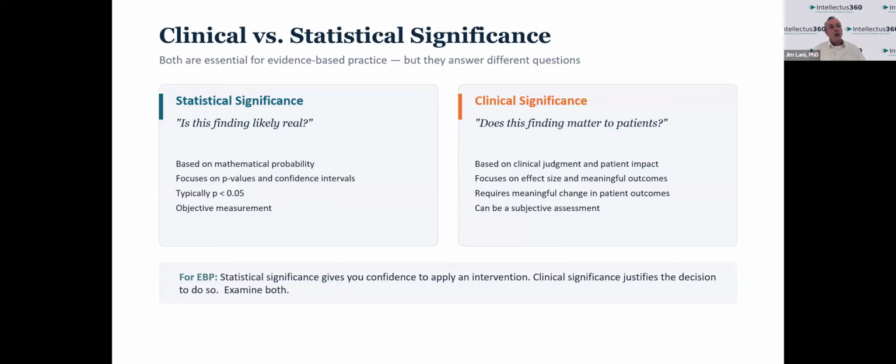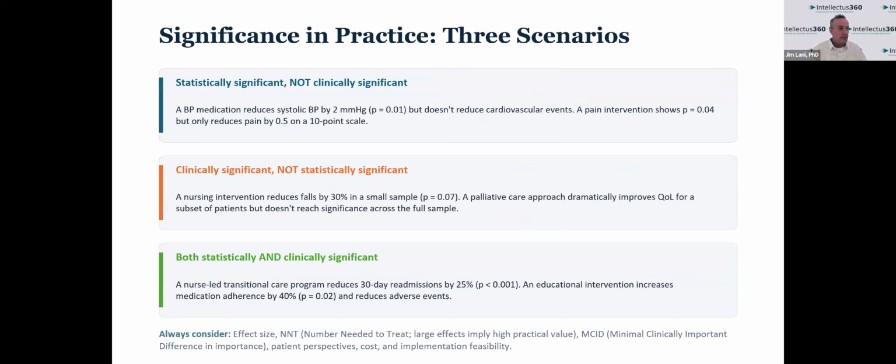The clinical significance is a different animal. That animal is often captured by Cohen's d. It's actually presented in the t-test or in the f-test. All these tests have effect sizes, okay? And this is talking about the meaningfulness of that difference. So there's lots and lots of examples. Lots of times you can have a statistically significant difference, but it's not clinically significant,